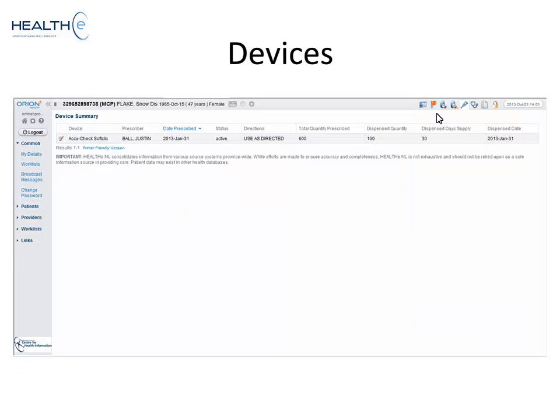The devices profile is a component of the dynamic patient summary, and can be accessed by clicking on the devices icon in the patient context bar. The device summary allows the user to view a summary listing of the patient's dispensed medical devices. Each row in the device summary presents an aggregate of data about the device prescription and each associated dispense, if